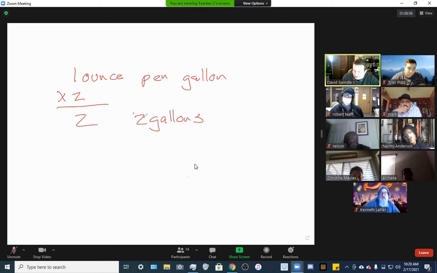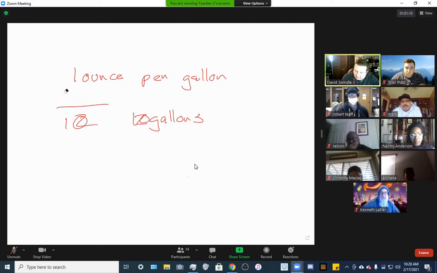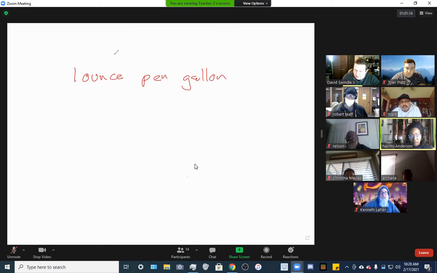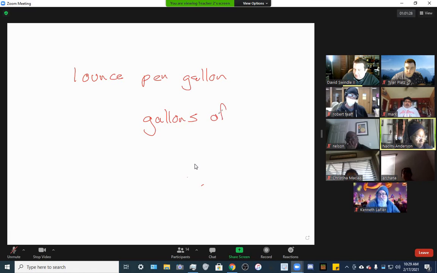If this was 10 gallons, I would do the same thing. 1 times 10 is 10. Are we understanding this concept? No, I didn't understand. What we're saying, the simple way to do this math, all right, when we are given the amount of ounces per gallon of water, all we need to know is how many gallons of water we are mixing it with. Okay?